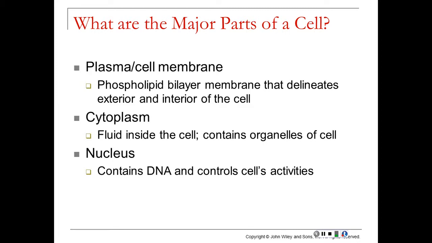And all of that is surrounded by a plasma membrane, also called a cell membrane. It's made of a phospholipid bilayer. We've talked about phospholipids before, that special type of lipid that we reviewed in chapter 2. So it's made of a phospholipid bilayer that is basically forming the boundary between the inside and the outside of